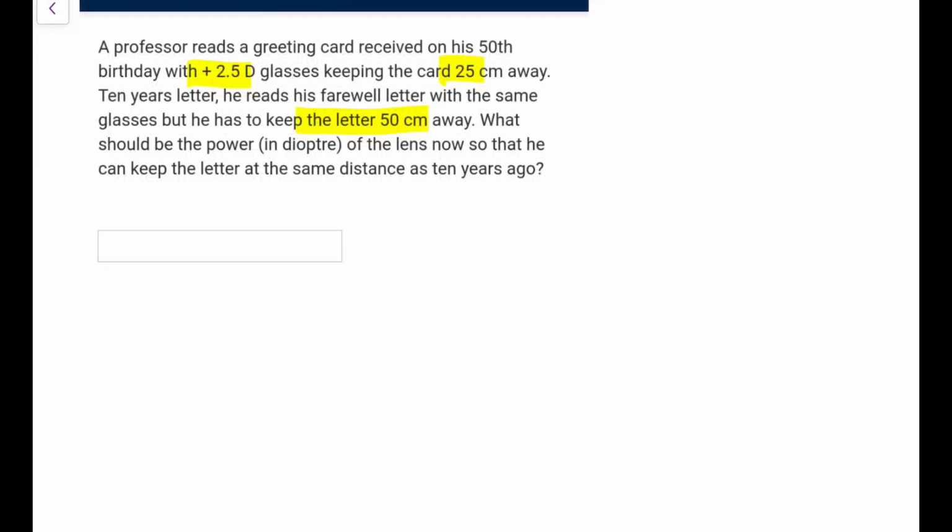So first of all, in the first case, it's a near point. I can find out by the logic that 1 by v, let's say v is the near point, minus 1 upon minus 25 is equal to 1 upon 2.5. D is the power, so I can directly write it as 2.5, but it is in diopters, so it is in SI unit, so I should write it as 0.25, or I convert that, which would be better for me, that is what we are more familiar with. So power 2.5 means 100 by f, so it is 100 by 2.5, that is 1 by 40, I can write.